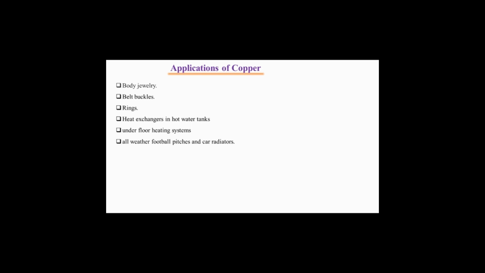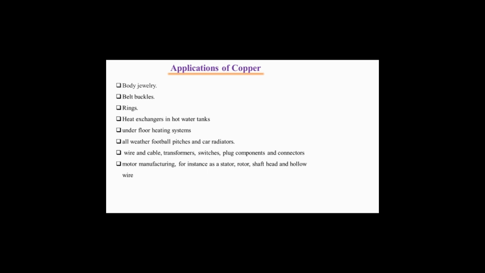Again, car radiators are one of the very common examples. A car radiator consists of copper, that we know. Then very common and very important applications are wire and cable, transformers, switches, plug components and connectors. All these are electrical appliances, and because copper is an extremely good conductor of heat and electricity, it is used in all of them.